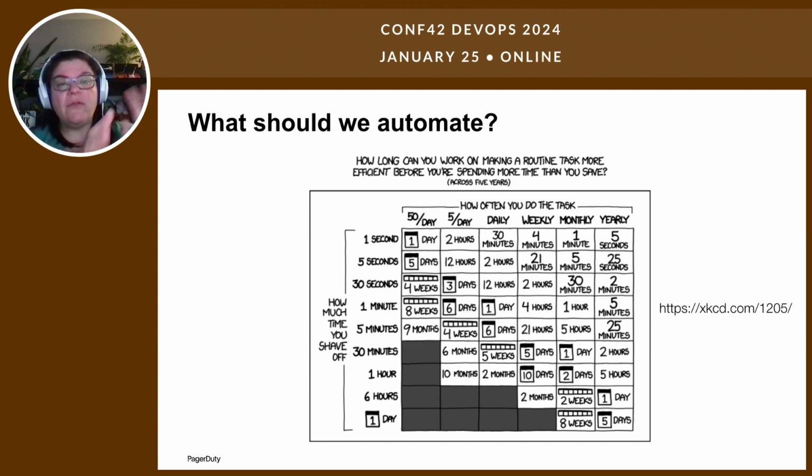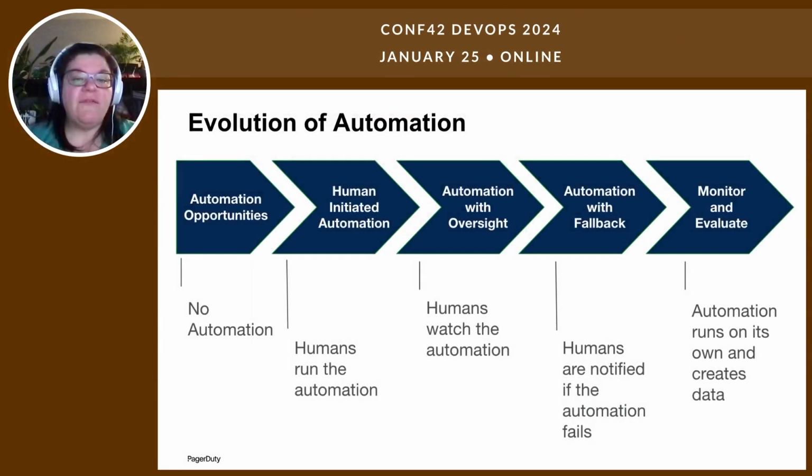So you have all of those benefits that you want to think about when you're thinking about what kind of things to automate and what you're going to get back out of all of that. And eventually you get to the point where you've got a bunch of automation, or you have a bunch of targets for automation.